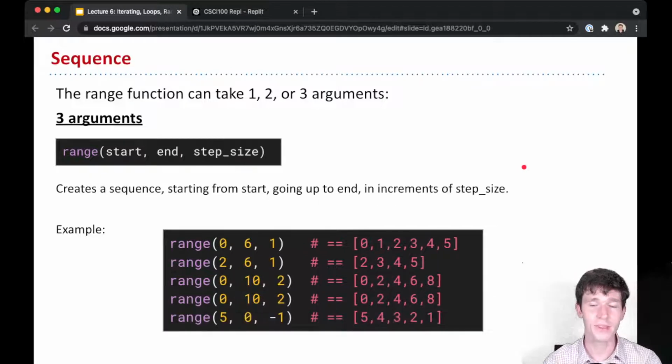And finally, we have the 3 argument version of range. So here you specify not only the start and the end, but you also specify the step size, meaning what increments you want between numbers. And so here, again, notice range 0, 6, 1. So that means we're starting from 0. We're counting up to but not including 6. And we're going to take steps of size 1. This gives us a sequence of 0, 1, 2, 3, 4, 5,